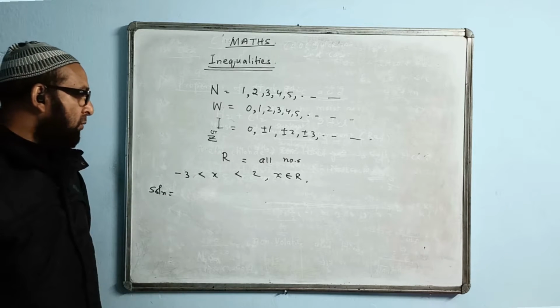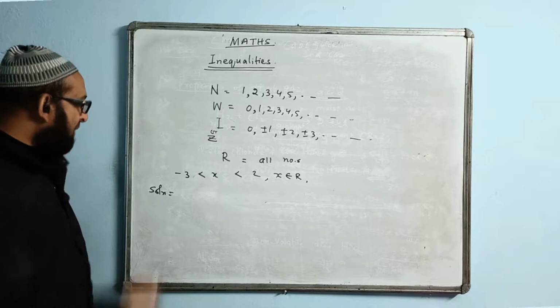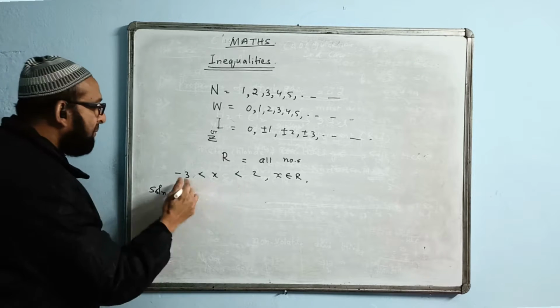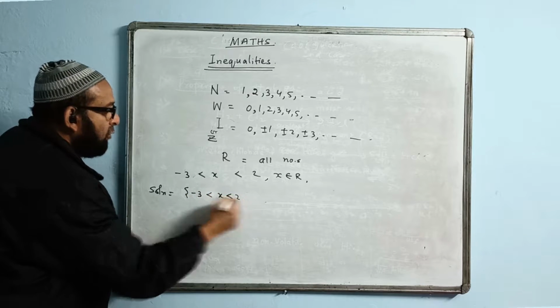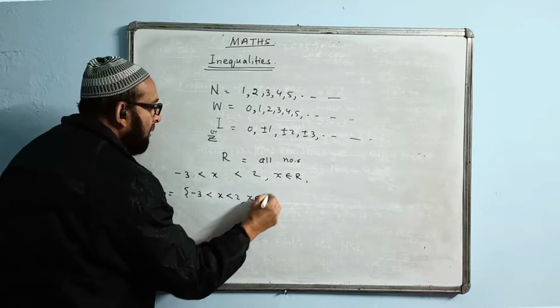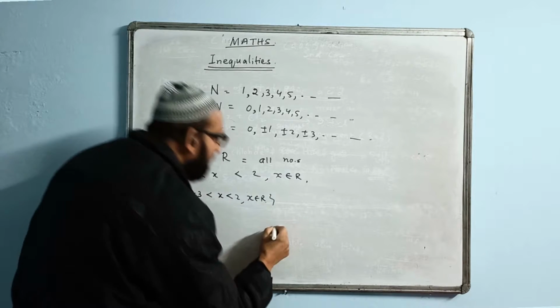So how to do now? Let's see. This time the solution set will be writing the same thing. We cannot write it with commas as a separate answer. We have to write the same thing as the answer. The solution set will be like this only: x belongs to R. This is the solution set, and the number line we will show like this.